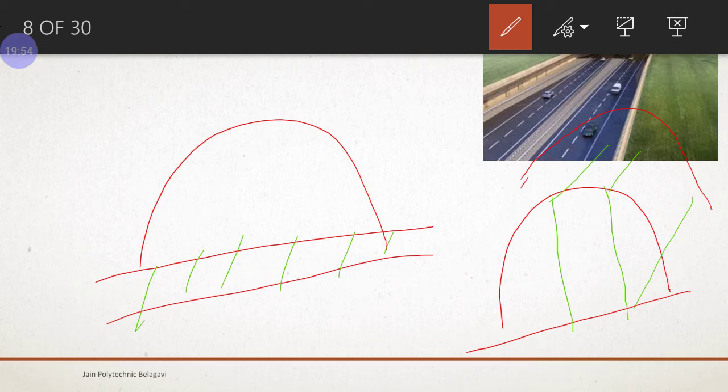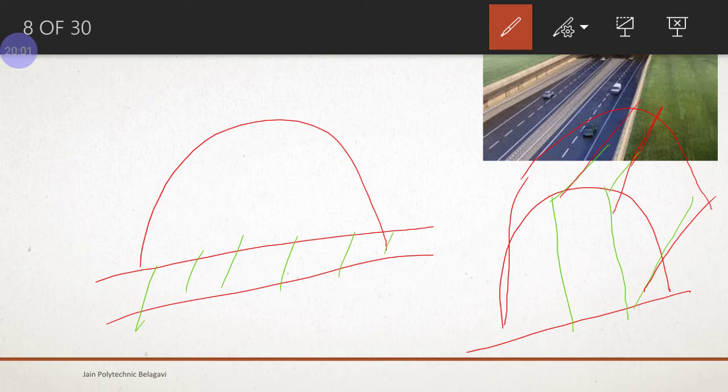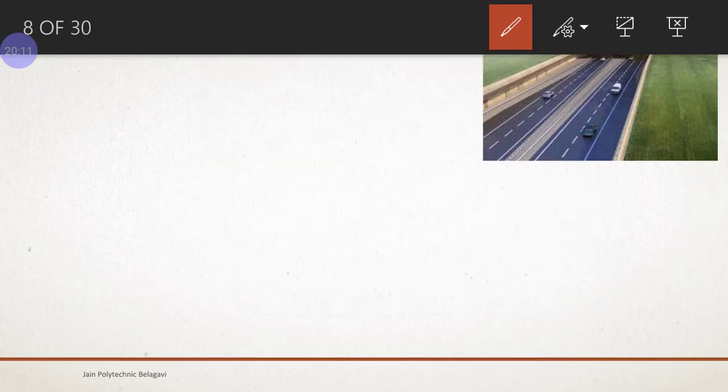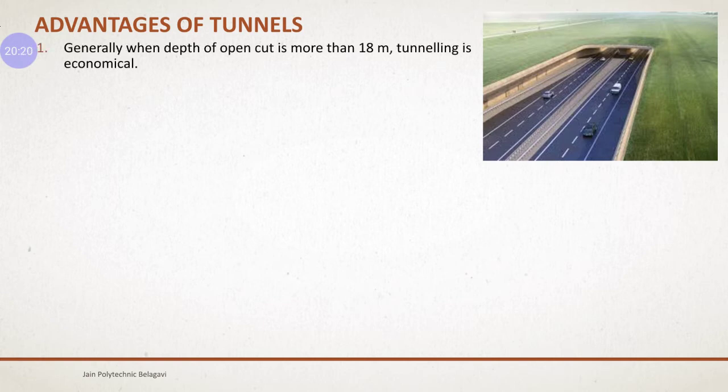The mountain is like this. So this cutting will require a larger area of cutting, the quantity will be more, so that becomes uneconomical. So we go for tunneling in the case of open cuts whose depth is more than 18 meters.